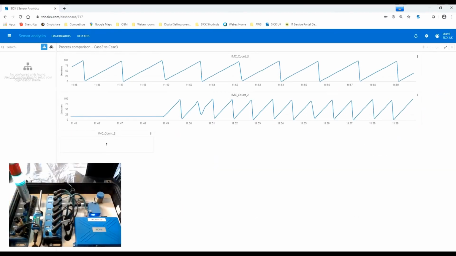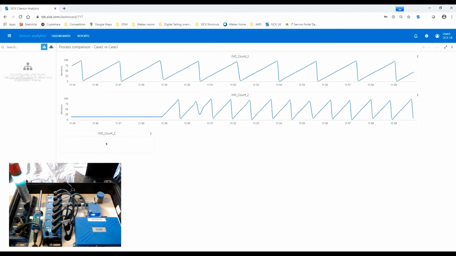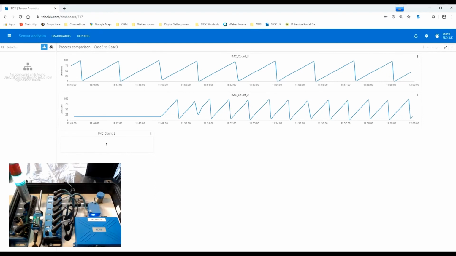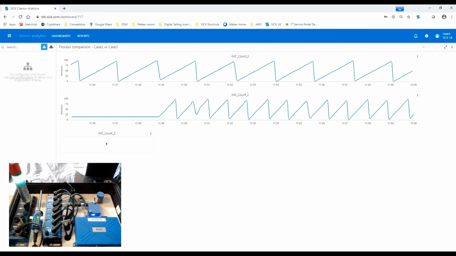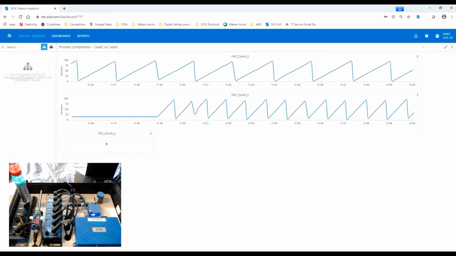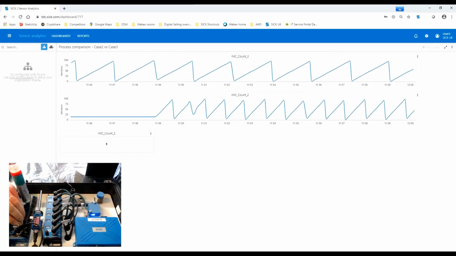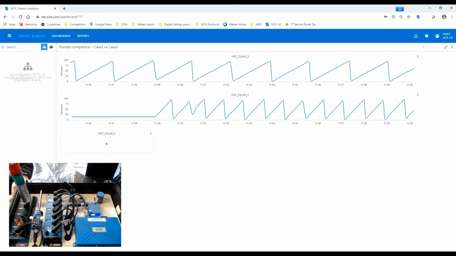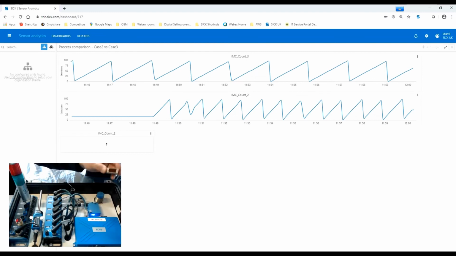Okay, so in addition to the windows we've already seen, here is another little window in the cloud, in the TDC development cloud that we have, that we're now comparing IMC Count 2, which we know is the virtual count from this case, but it could equally be live counts. If I take it out of demo mode, I can literally physically trigger the IMC sensor, which I will do now just to prove that that is the case. So I'll give it a number of